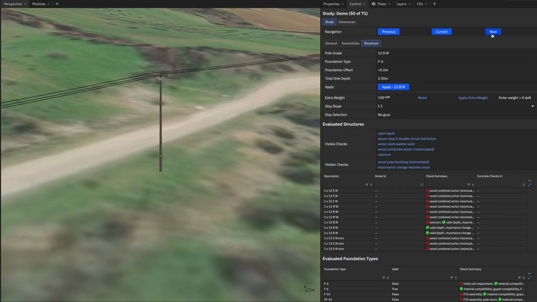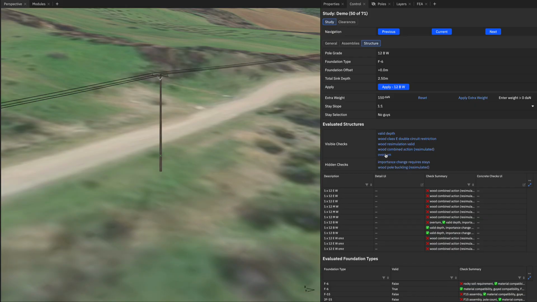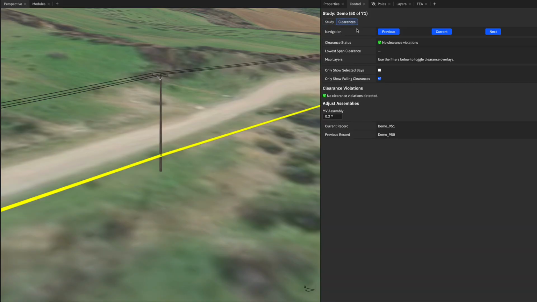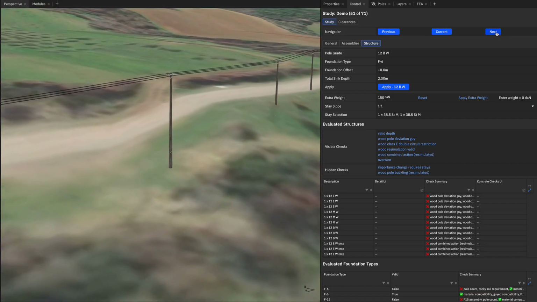If you're inspecting the details and notice that a check is not material for the area you're working in, you can update the rules instantly by hiding any irrelevant structure checks. From here, I can review if there are any clearance issues and make an instant adjustment to fix any flagged items. So instead of spending time manually iterating through assemblies and checks, Auto Design gives you a defensible, standards-aligned recommendation